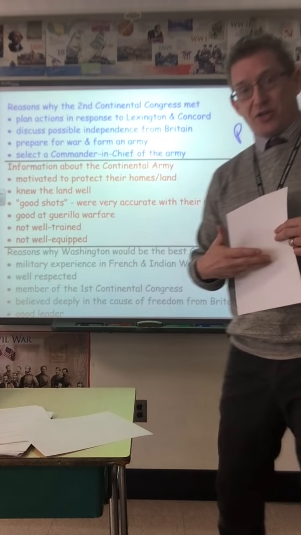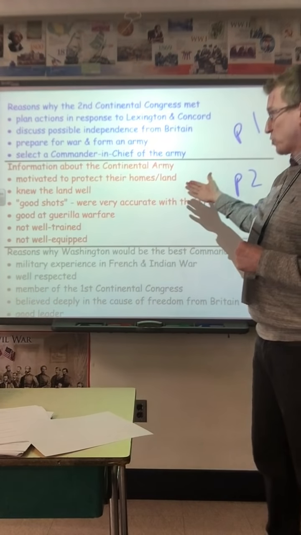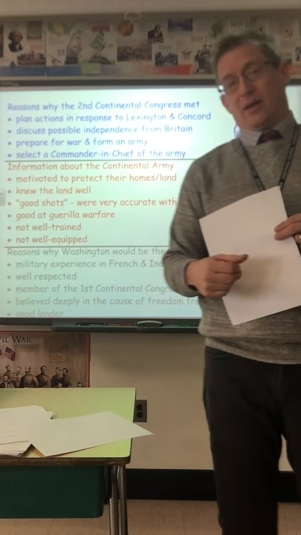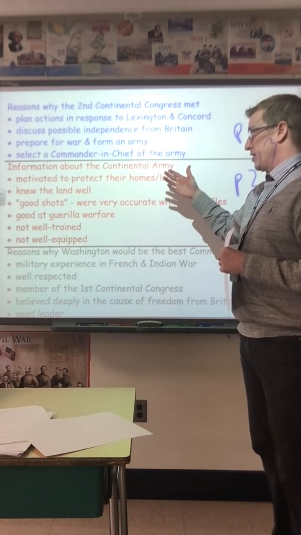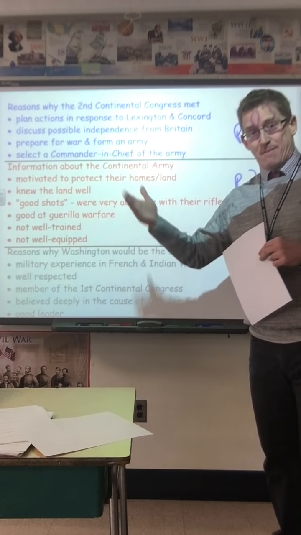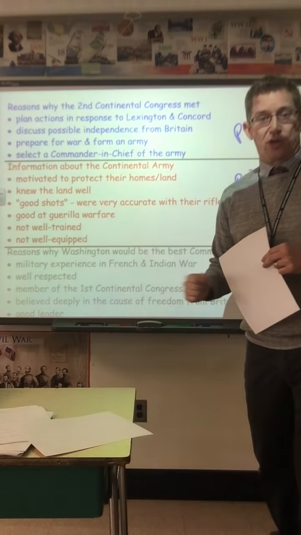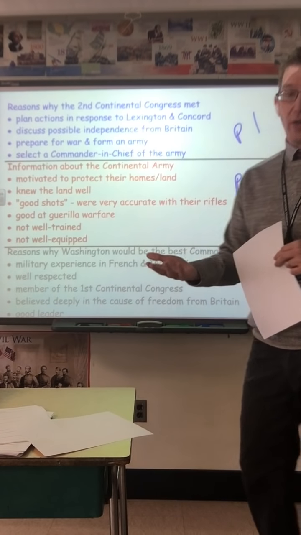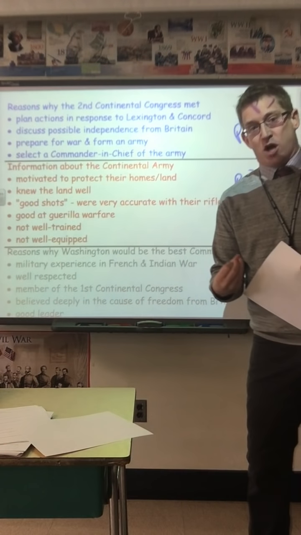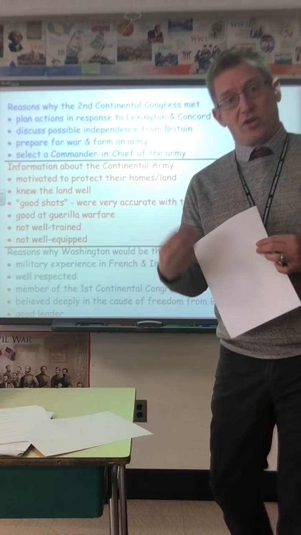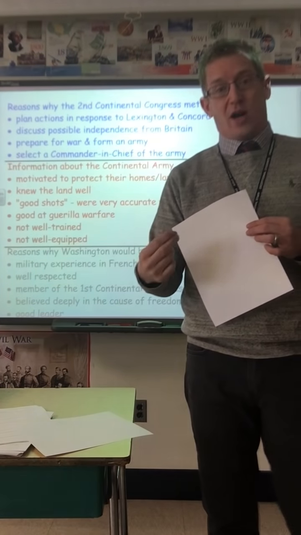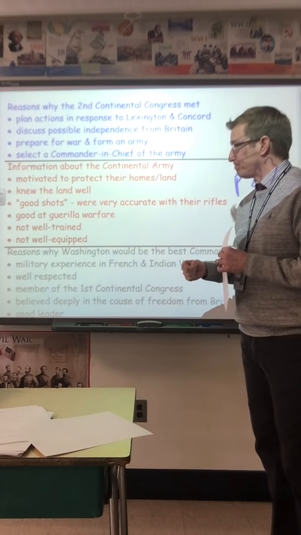Then you're going to skip a line on your sheet and go to paragraph number 2. And here's where you will tell George Washington about this new Continental Army that the Second Continental Congress is establishing. And you're going to tell him something about the men that are going to be fighting in this new Continental Army. Colonists who are motivated to protect their homes and land. These are guys that know the land very well. You're trying to convince George Washington to be the leader of this. So you want to try and sell him on the fact that this is going to be a really big army, a good army, full of colonists ready to fight.